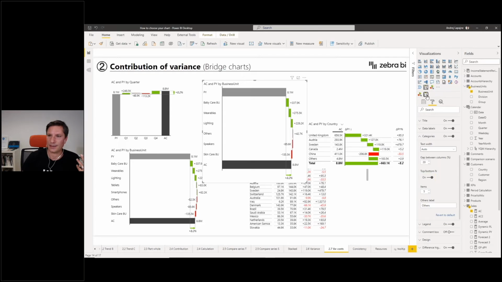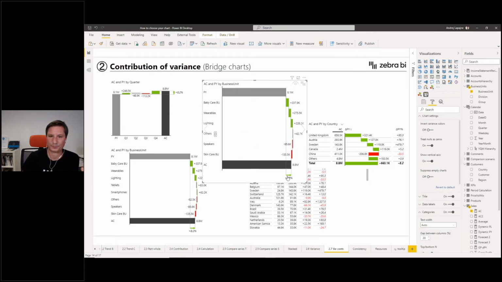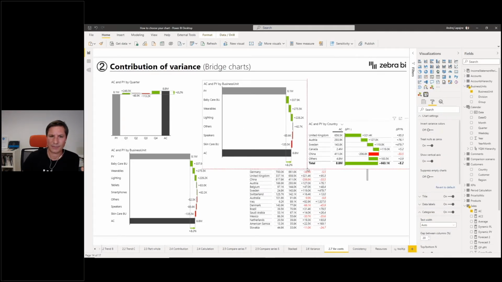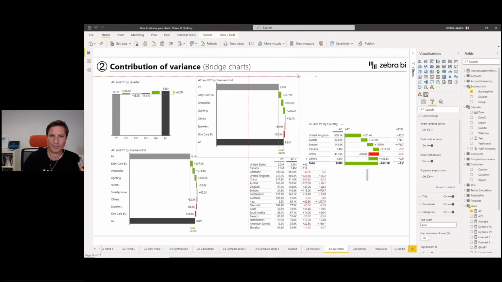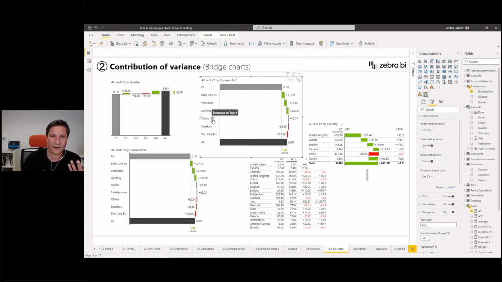Right, so this is maybe the most focused type of chart, because it exposes what's the result and what are the key contributors to this result. All right, so it's very business focused, and then you do the top 5 or top 10 or